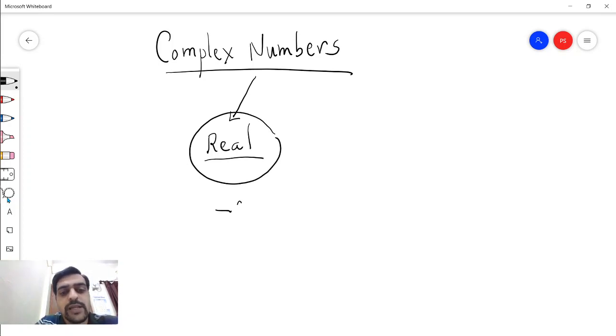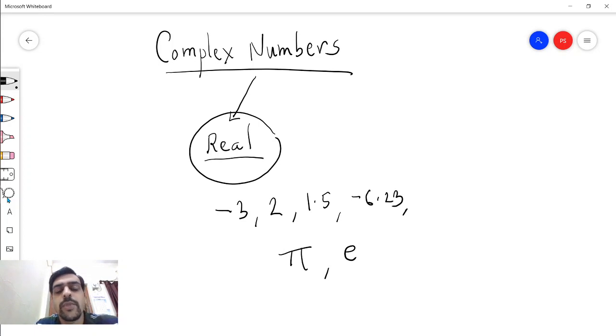For example, -3, 2, 1.5, -6.23, then pi, e, all these are real numbers. But in certain cases,